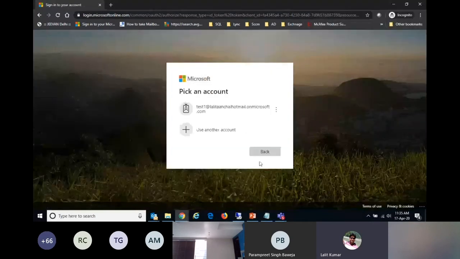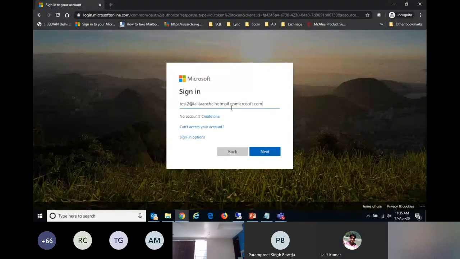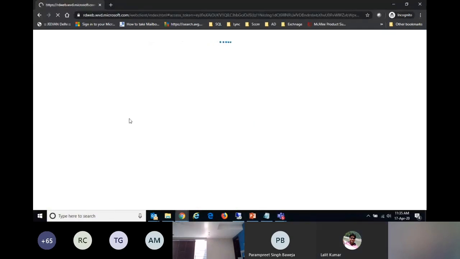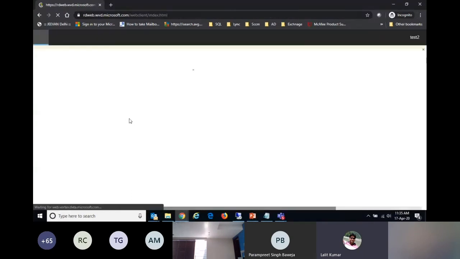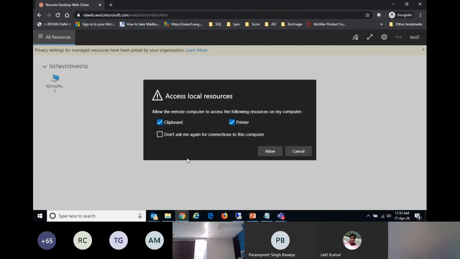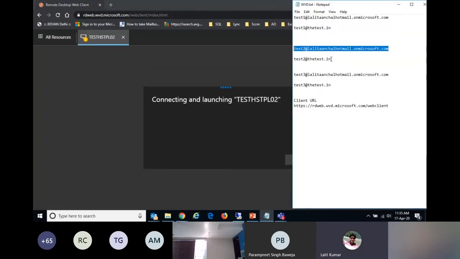Second user, domain credentials. Now this user has access only to the Office 365 host pool. Once I click allow, I need to again put in my username and password here.